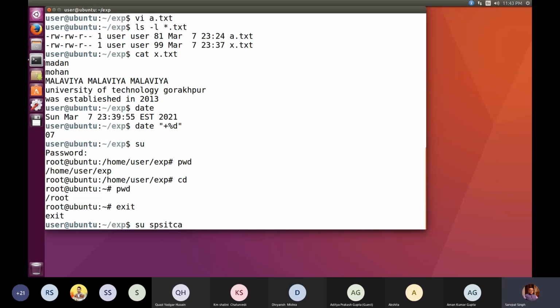If that user is existing, it will prompt you to enter the password. So whatever password has been set by me for the login SPS ITCA, that password I need to enter, and then I'll be having my login active and I'll be moved to SPS ITCA without actually logging out from my previous user, which is user only.